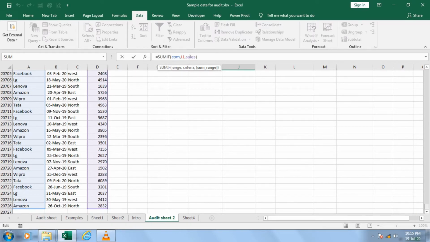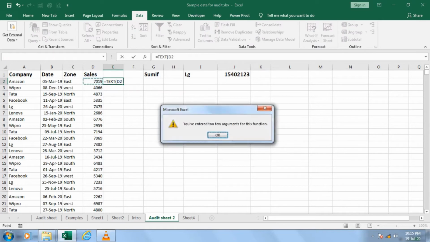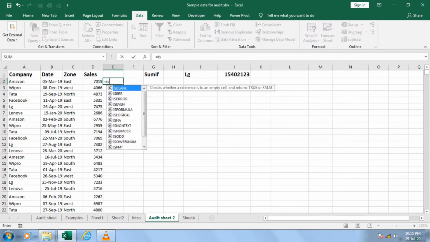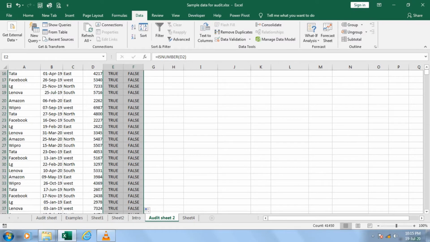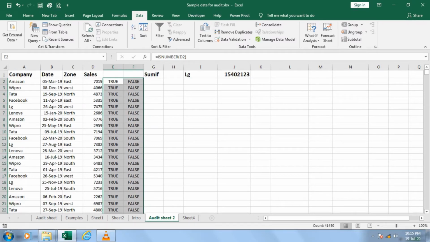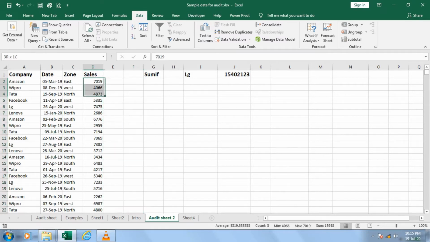Now I need to check what error it consists of. Does it have an error of text being used? So I can just test it out. Is it equal to ISNUMBER? So I can find out whether this is a number. Yes sir, that is also correct. Equal to ISTEXT. No, this is not text. See, when I drag it down, I am getting 100% of these all come true. So that means no need to look over here. So this data is neither text, and it is correct data.